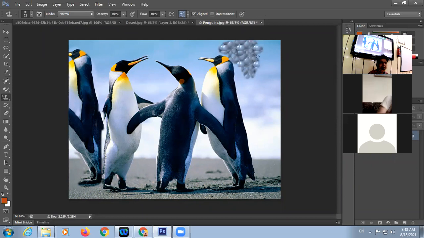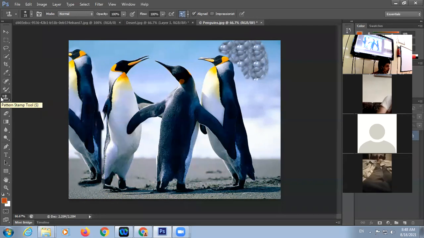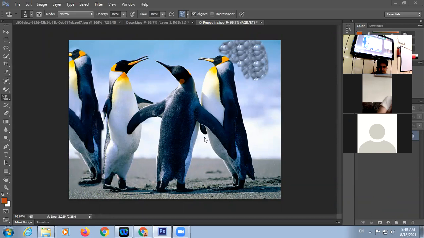Okay. The same steps, but no need to press the Alt key. Only select the pattern in the pattern box. Okay. Concept clear, beta? Now next is